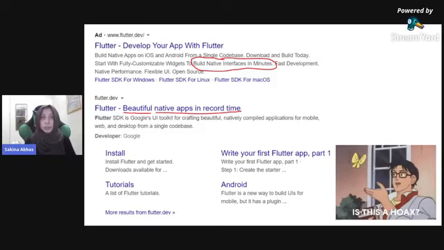So now, naturally, when I wanted to learn about Flutter, when I typed Flutter in Google, I got these 2 search results at the very top. Now you can see that I've highlighted 2 portions. First is build native interfaces in minutes, and the second is beautiful native apps in record time. So Flutter enables that. Now, funny story, when I hadn't really started with Flutter at the time, and I just read these 2 things, I was really suspicious. I was like, is this another clickbait? But being the curious cat that I am, I still decided to explore it because it was really gaining momentum. So I did decide to explore it, and it turns out that they weren't lying. This is not clickbait at all.